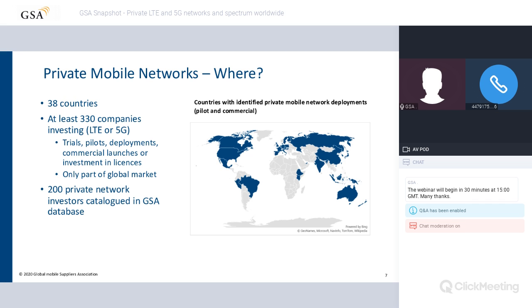The exact number of existing private mobile networks is hard to determine, as details are often not made public. GSA's undertaken some analysis to try and identify all the ones that have been publicly announced, if you like, and excluding companies holding CBRS priority access licenses in the USA, except those known to be undertaking private rather than public mobile network projects using that spectrum, and excluding more than 150 spectrum licenses in the Netherlands that are due to expire in the next couple of years and are the subject of spectrum restructuring plans,